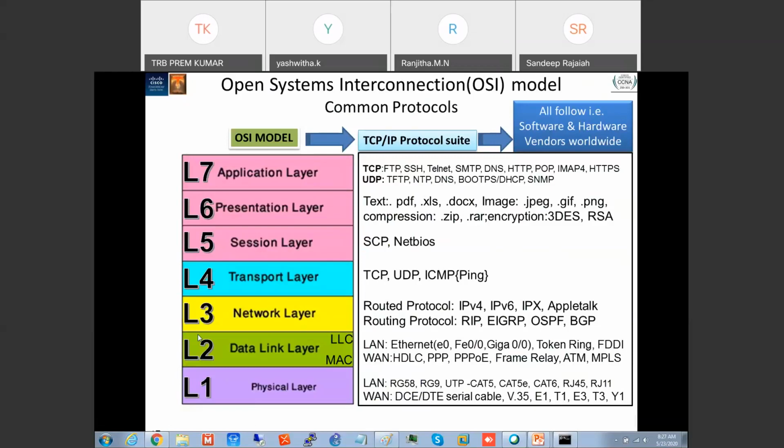Next question is PPP, Point to Point Protocol. Sandeep, give the answer. Ashita gave the answer. Yes, all gave the answer. Now, the answer is correct. It's an L2 WAN protocol. Remember, L2 WAN technology, WAN protocol. Now, MPLS. Yes, that is also an L2 WAN protocol. Now, Token Ring.